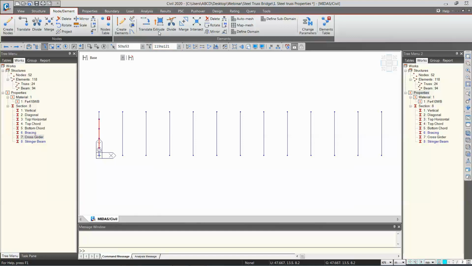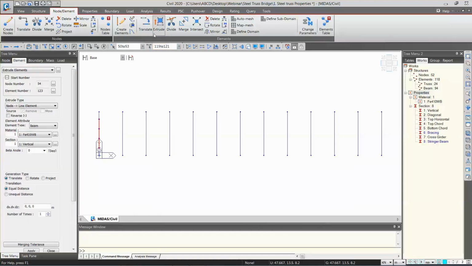Okay, now I will go to extrude, as you are now quite aware of this. So I will use the stringer beam, the type would be beam, and here it is given as 44 by 6. So why 44 by 6? And the number of times is 12. As you may remember, 44 is the half span length, right? And the 6 is the number of panels. Okay, so till half span length, 44 divided by 6 would be each panel length.